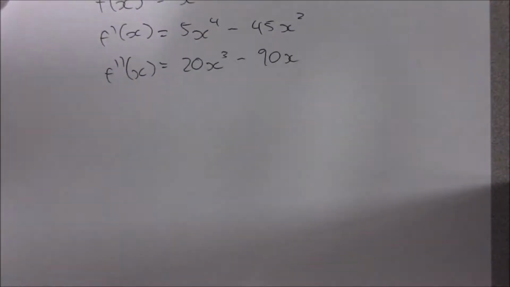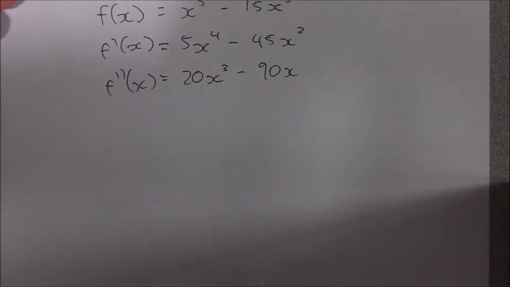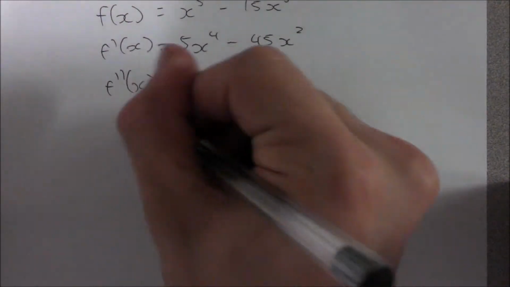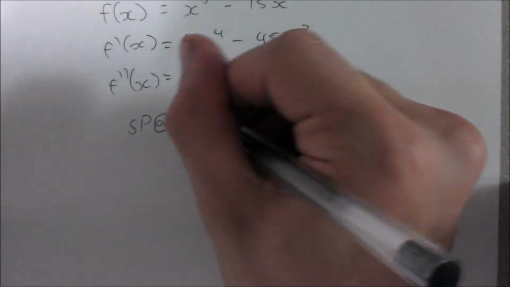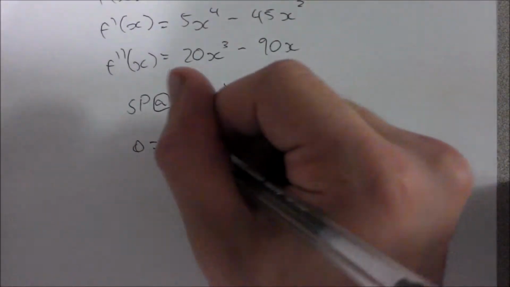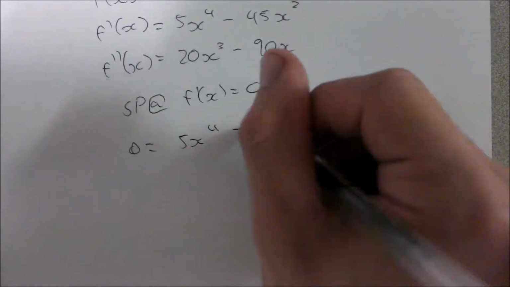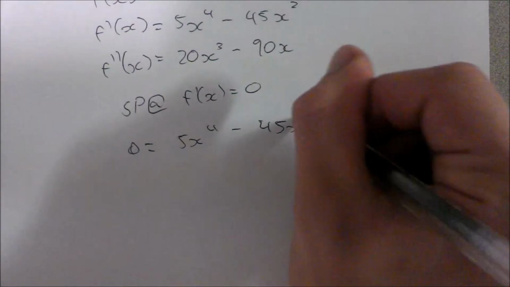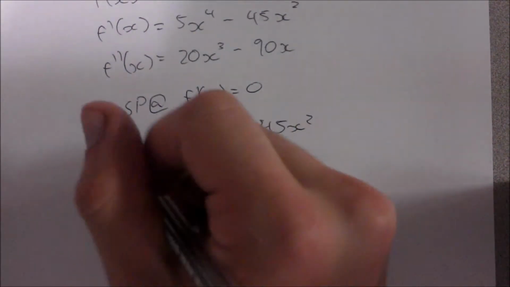Okay, now that we have our derivatives, we have to use them. So we know that stationary points are found where the first derivative equals 0. So we make 0 equal to 5x to the power of 4 minus 45x to the power of 2. And then we